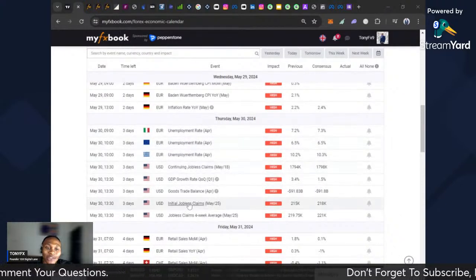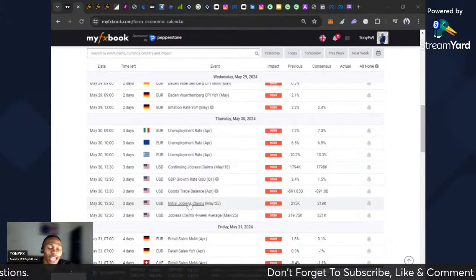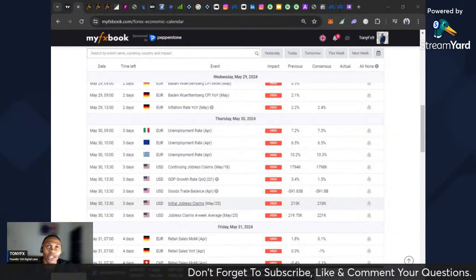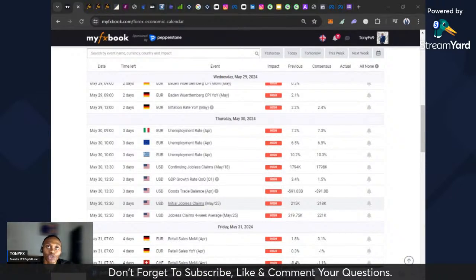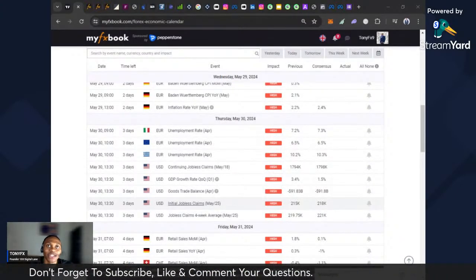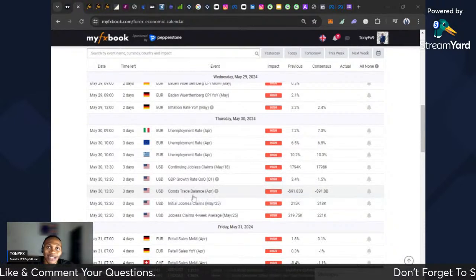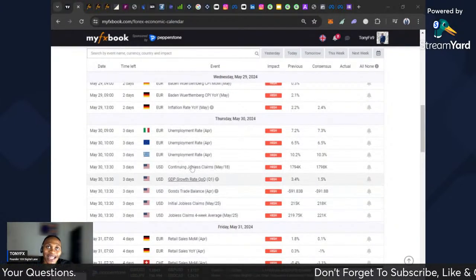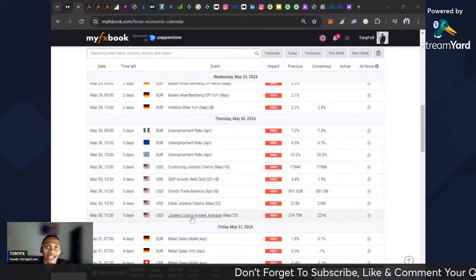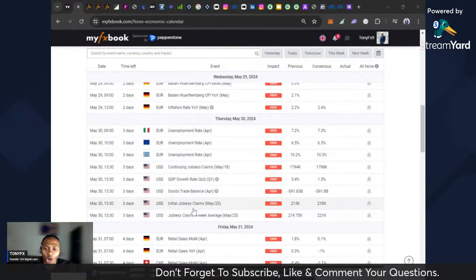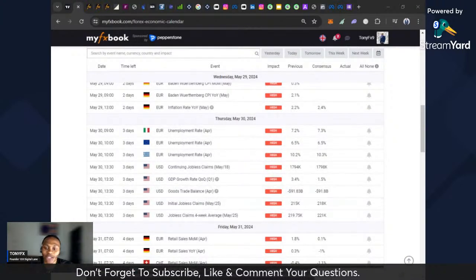For the past 2 weeks, this is something I have been studying every week. I've been following it every week. For the past 2 weeks, the dollar has been showing some strength in the jobs market, and also in the import and export market. So if this stays strong again on Wednesday, on Thursday, then we're going to see more strength in the dollar.